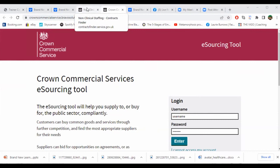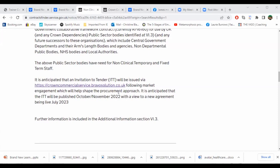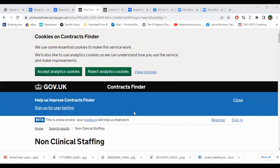And then you can register with these organizations and look for contracts that are going to be suitable for you. So for example, on here, they said on Contract Finder, they said this contract will be open and you'll need to look at applying through Bravo Solutions, for example. And it starts next year, for example. You know, you always got to be sourcing and looking for contracts on a weekly basis, or even a daily basis, because things can come back up. Okay, so this is how you would look for